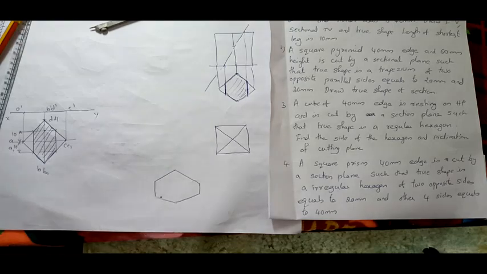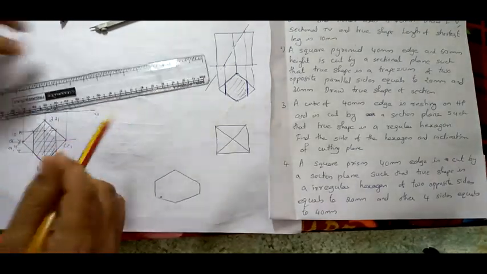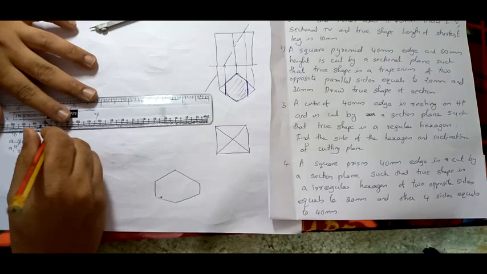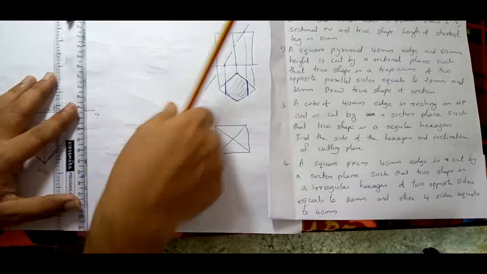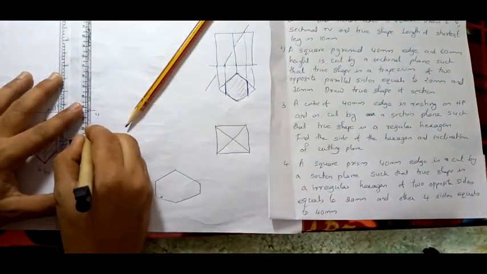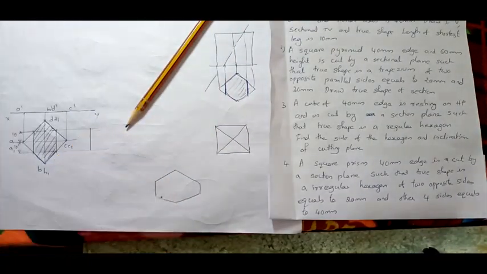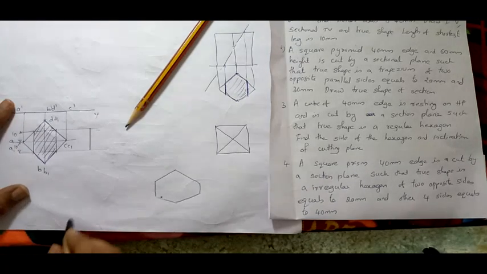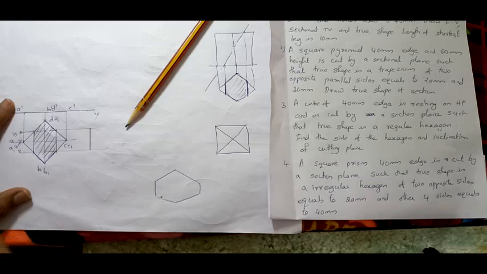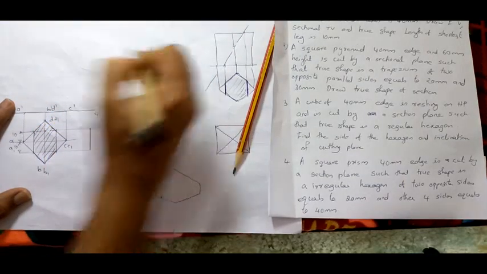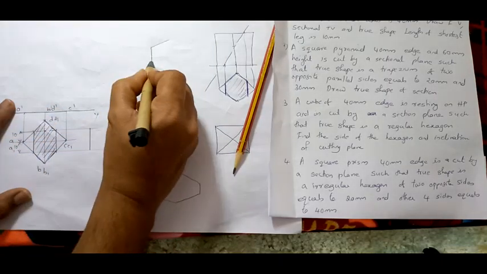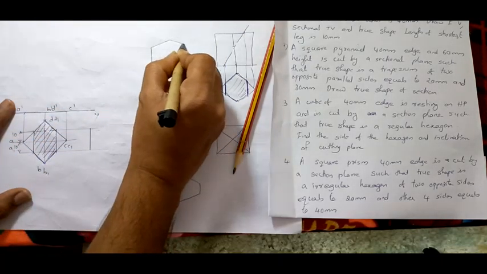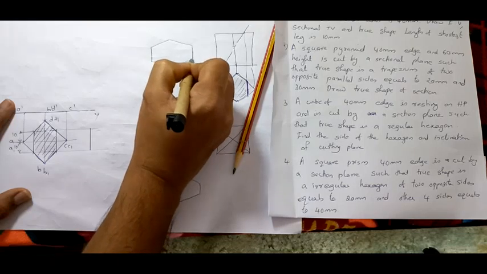So from here itself I am starting. I am going to draw the true shape. I am extending this. See, this is one edge here. Now I'm going to tell you something different. See, if I am drawing 40 mm like this, now I take an angle. I will draw a line at 40 degrees, and also take the same angle, 40 degrees. Like this, I can complete it, right?